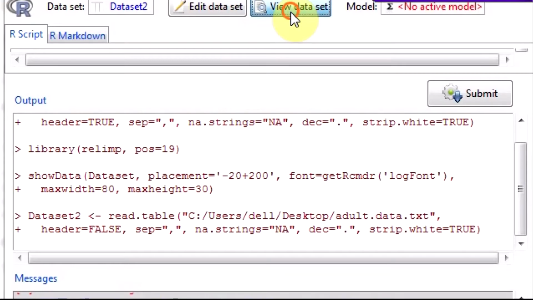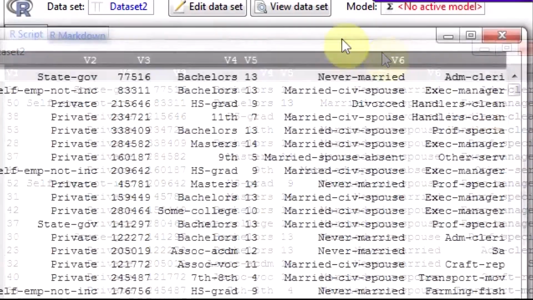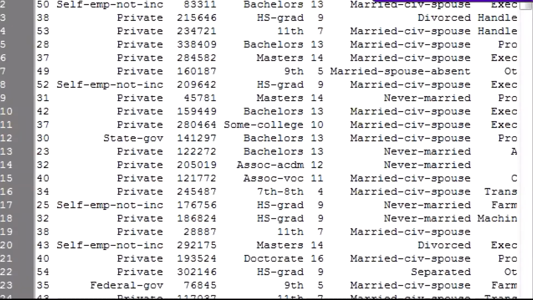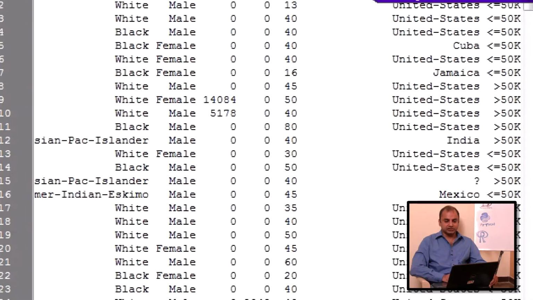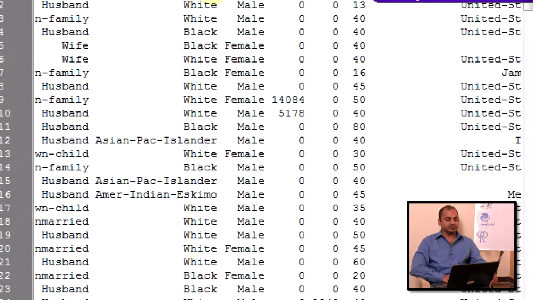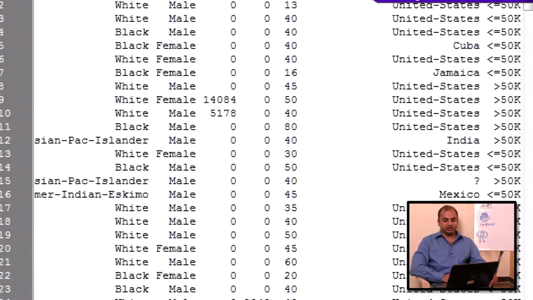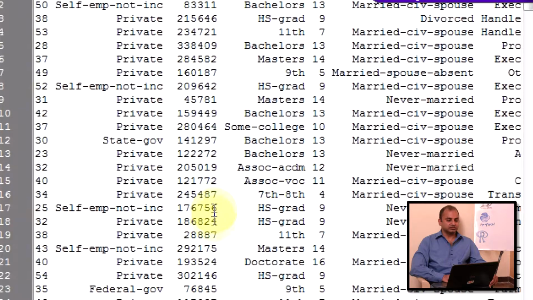Okay, now if I look at the dataset, I can see this is V1, V2, V3, and I'm trying to predict the last variable, V15, as a function of other variables, right? So V9 is ethnicity, V10 is gender, V14 is country of origin, V15 is salary, right?